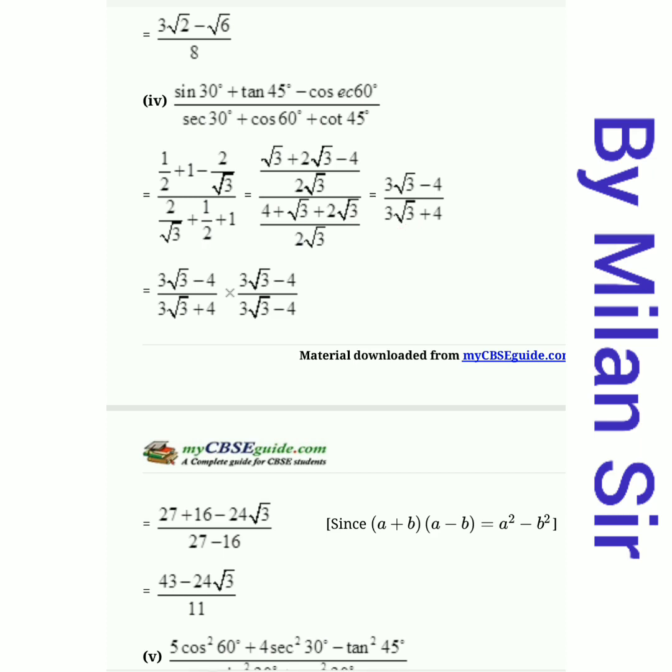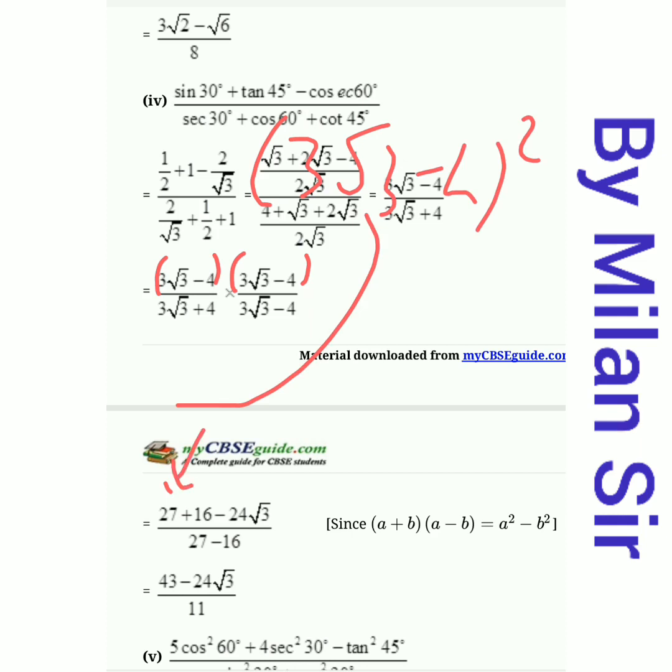Now 2 terms are there. That's why we need to multiply and divide by the different sign. So here 3 under root 3 plus 4 is there, so multiply and divide by 3 under root 3 minus 4. Now in the numerator these 2 brackets are the same. That means 3 under root 3 minus 4 all square. So first term square: 3 under root 3, 3 square 9 and under root 3 square only 3. So 9 3s are 27. Then second term